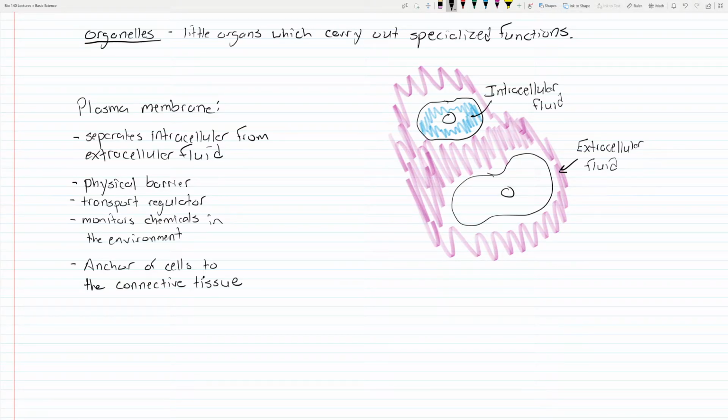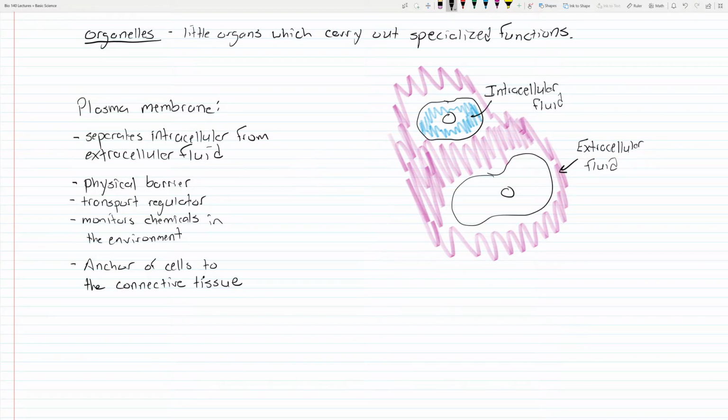Now connective tissue is something we're going to talk about when we talk about tissues themselves. But the name tells you exactly what it is. Connective tissues connect things together. I mean, that's literally what they do. It's one of the 4 tissue types in the body. Basically it's just a bunch of fibers. A lot of fibers with a lot of fluid if it's loose, and really densely packed fibers if it's